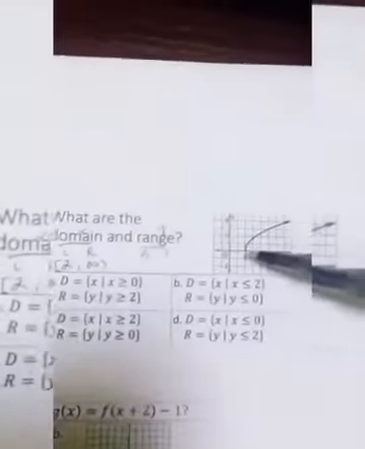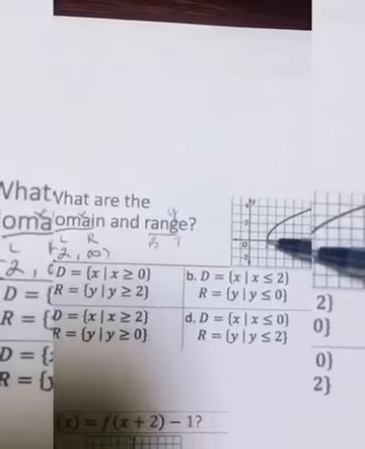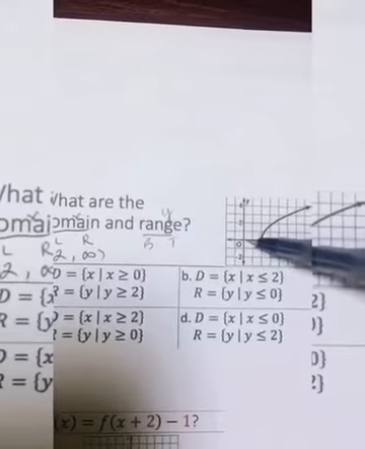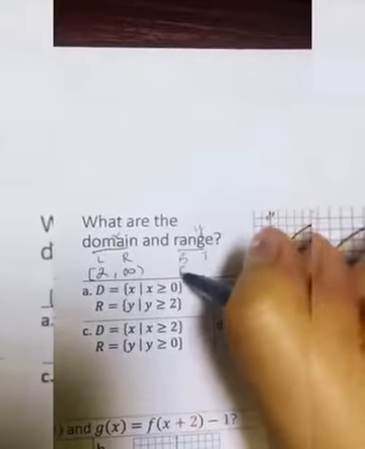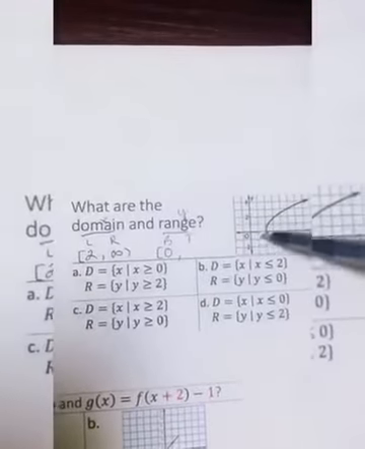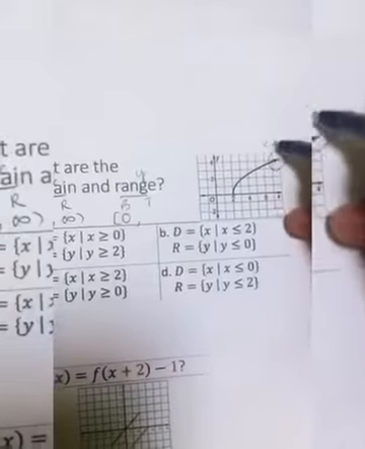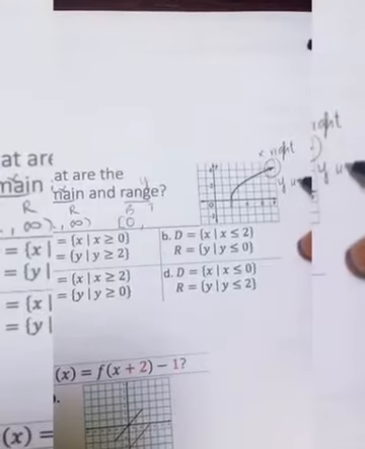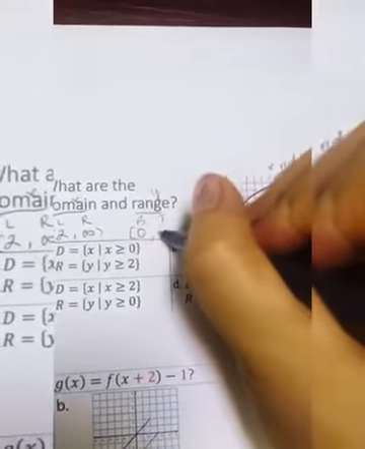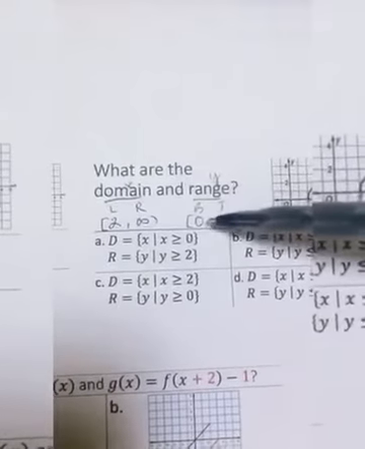The range is from the lowest of y to the highest of y. You see the lowest of the graph is right here, but remember we're looking at the y-axis. So the y right here is 0. For the bottom, you put 0. And then for the top, you keep going up and to the right. The arrow right there indicates x to the right, meaning it's getting bigger, and y going up, so it's also getting bigger from 0. So here the domain is from 2 to infinity. The range is from